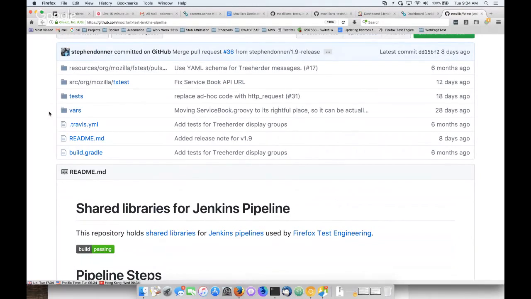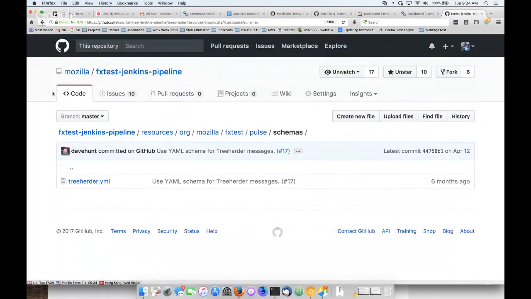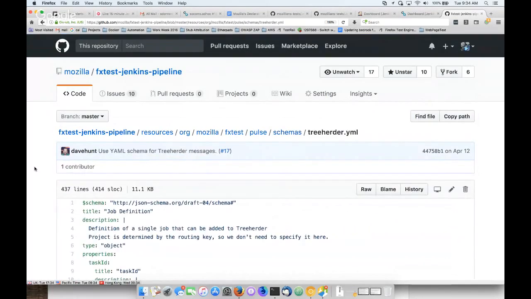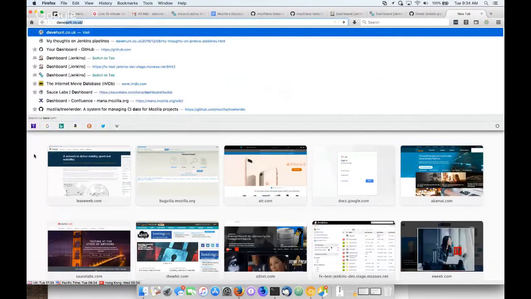And so I showed you the before declarative, before shared libraries, and I showed you the after. What I didn't show you was the shared libraries themselves. And so I don't think I'll go through that exhaustively here just due to time, but you can see here, if you look at this, and I think these,